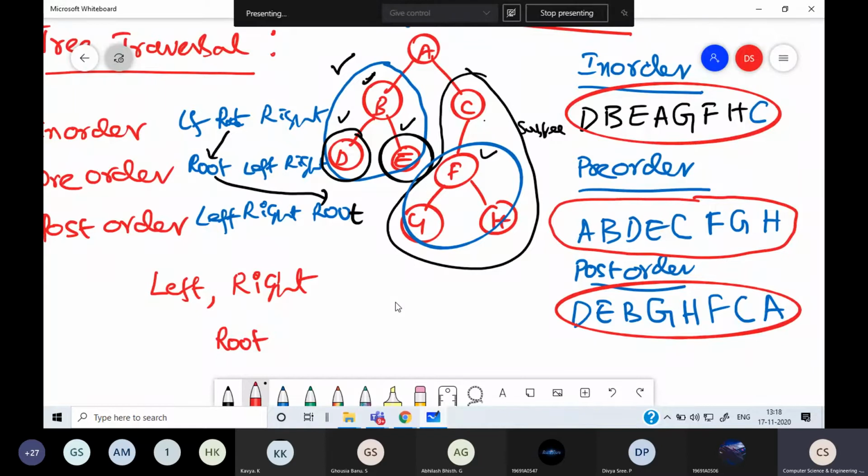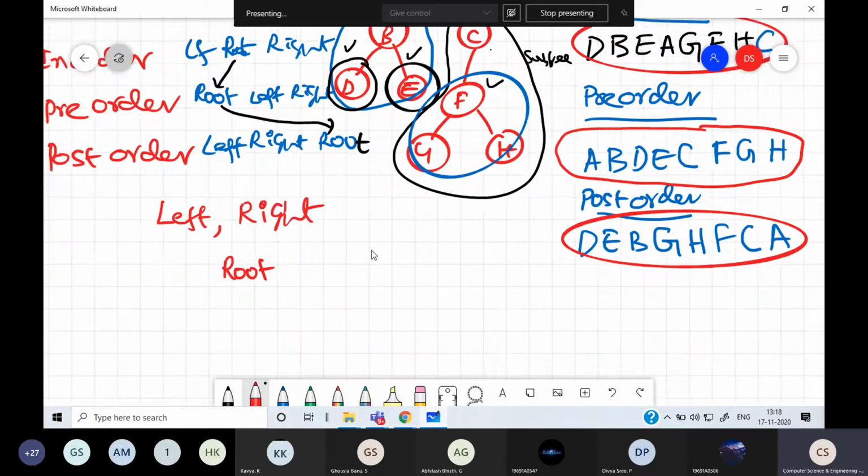Surely they'll give two traversals. Minimum you require two traversals to get a tree back from traversals. And in that, in-order traversal is a must. In pre-order or post-order, one of them is a must.